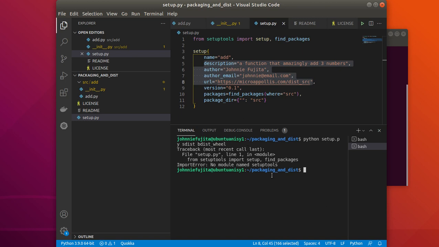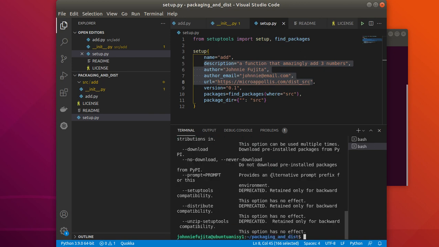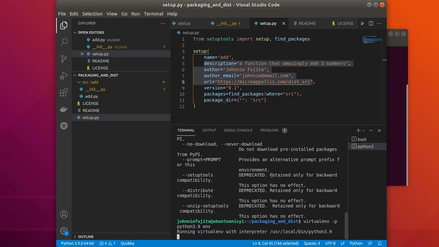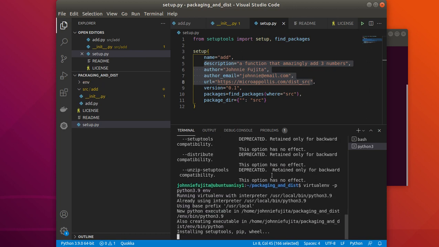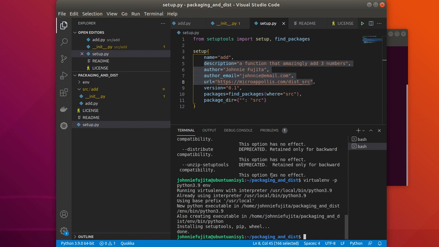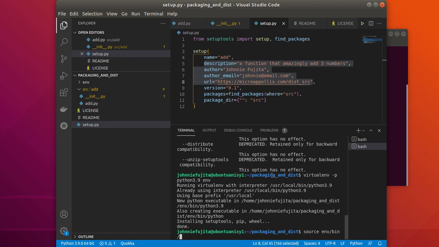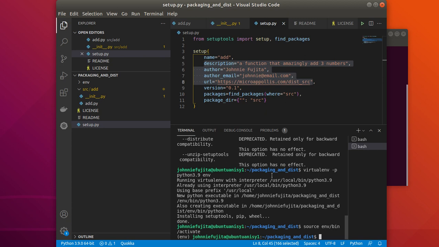All right. So I need to have setuptools installed. So I'm going to create a virtual env here. I'll probably specify Python 3.9, and I shall specify that we'll drop the files inside this env folder. So now we deactivate, right? Just the usual stuff. So with that activated, we can